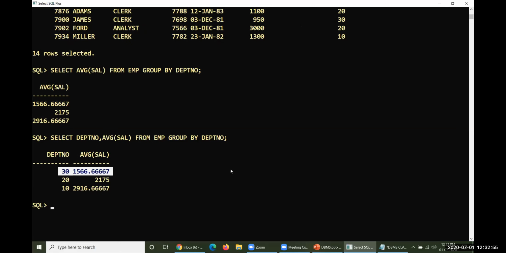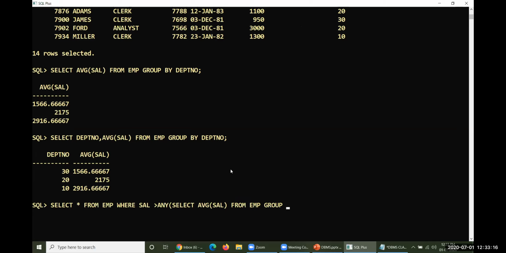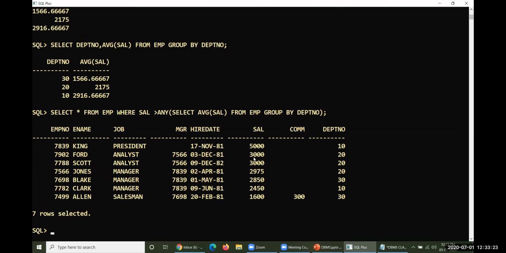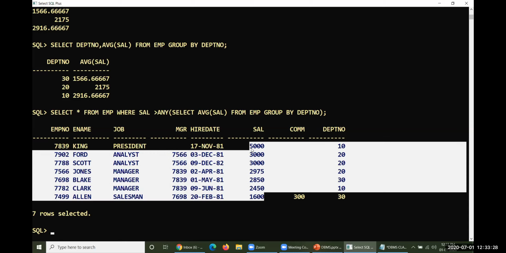For that, select everything from EMP where salary is greater than any of select AVG of salary from EMP group by DEPTNO, department number. Look at this, the people who are getting a salary of more than 1566, you can see the salaries.